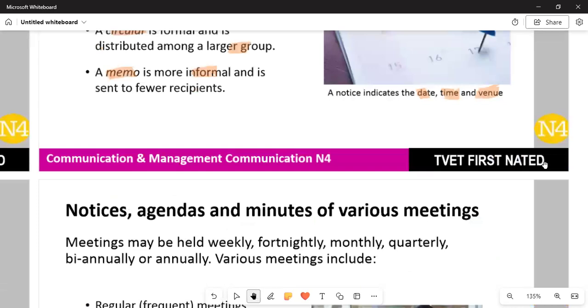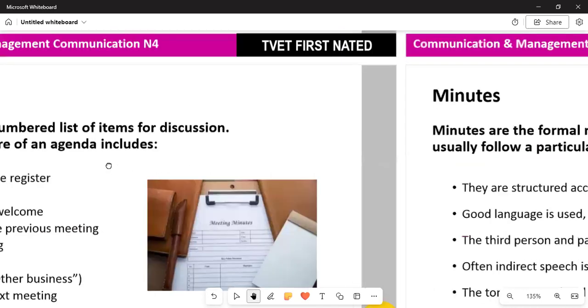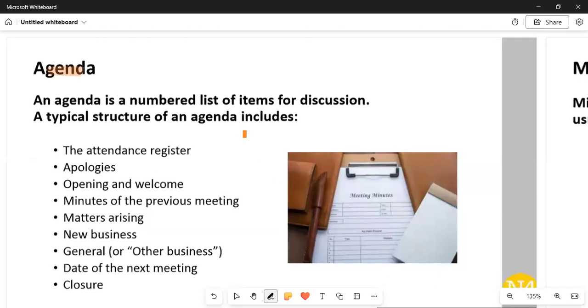Okay, and then we have some other important items, and then we have number 2. So a definite set of items will include an agenda. Number 1 is an attendance register. All people that are present and those who are absent will have this register. Those who are absent will be marked absent, and those who are present will sign for present. And then we've got what we call apologies. Apologies are the group of people who cannot attend the meeting due to various reasons, which can be unforeseen circumstances.